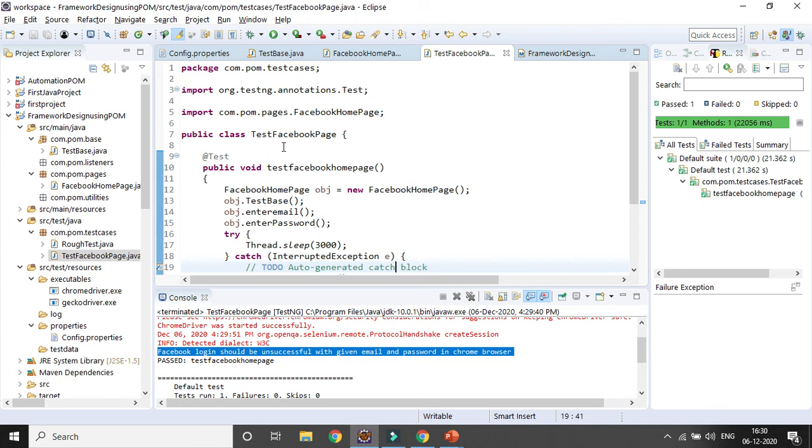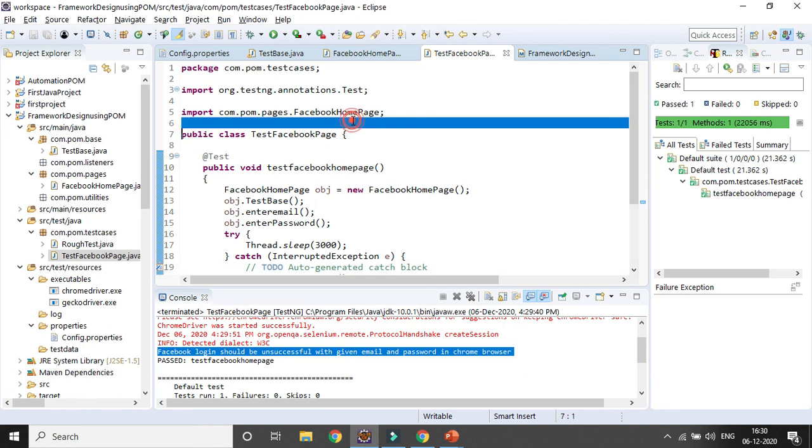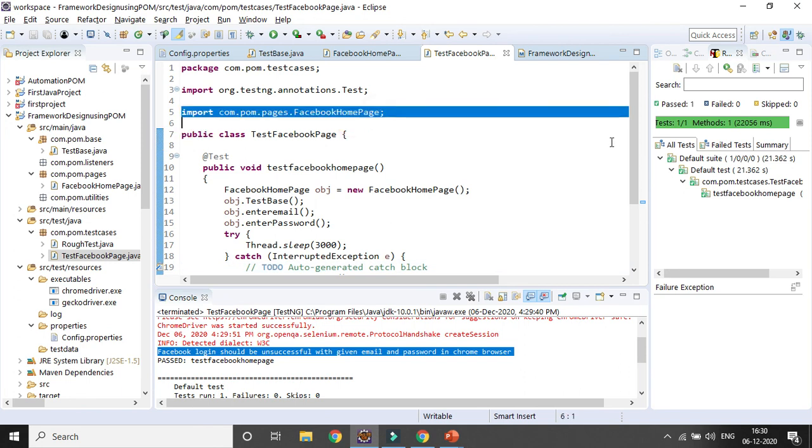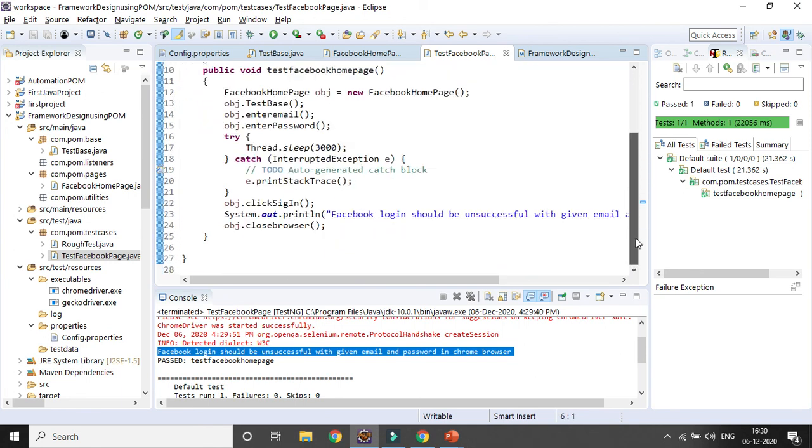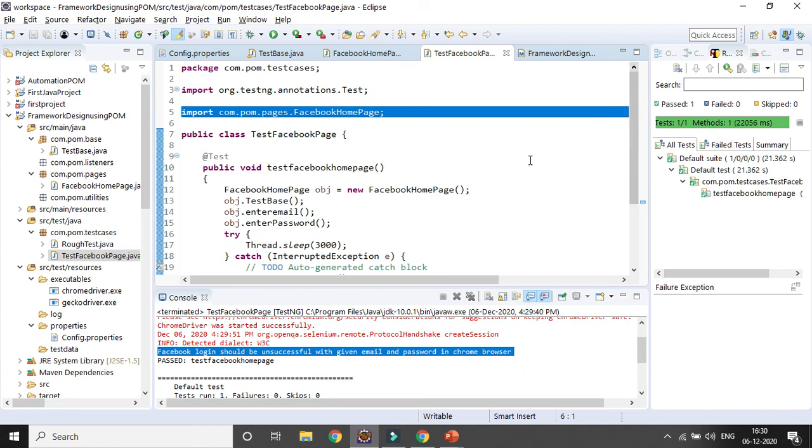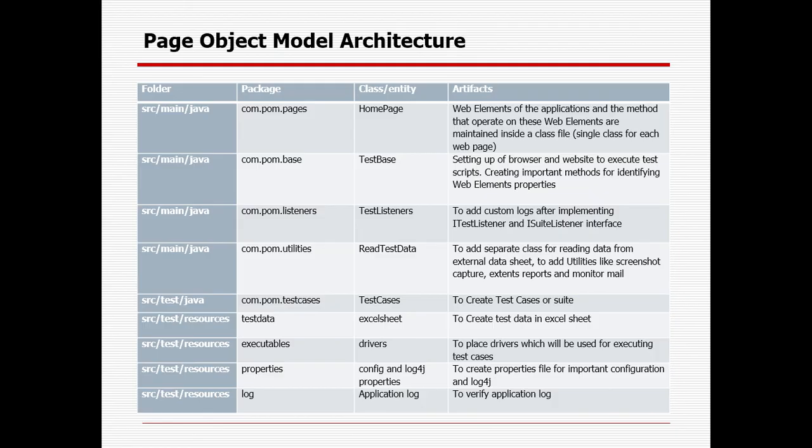Okay. So maybe there will be 5 to 6 or 7 sessions. It will take some time, but slowly I will develop the same framework. I will enhance the framework day by day, and you will get to know what other things we can implement for the framework. I will also create more test cases and classes for different pages. Then I will add some assertions.